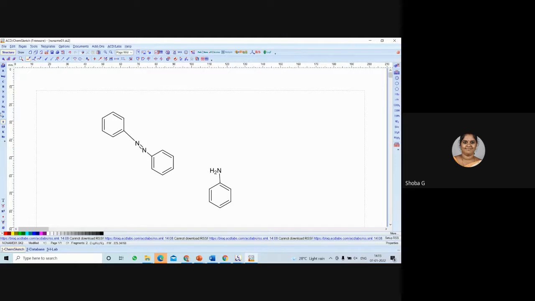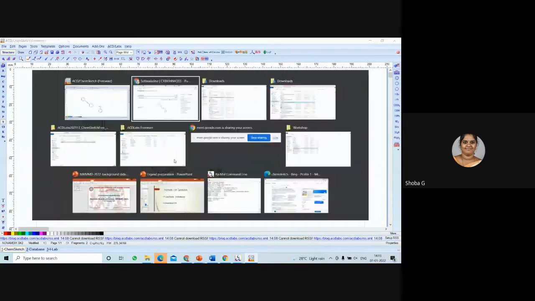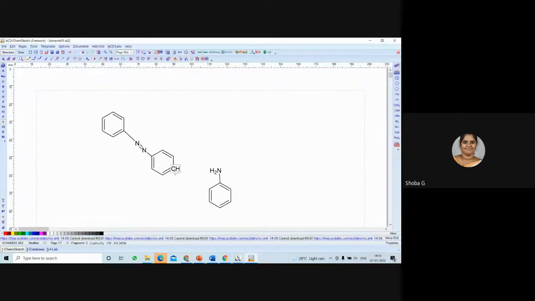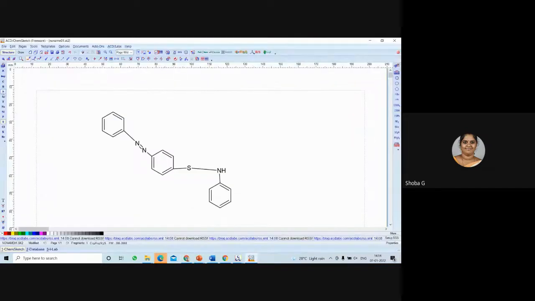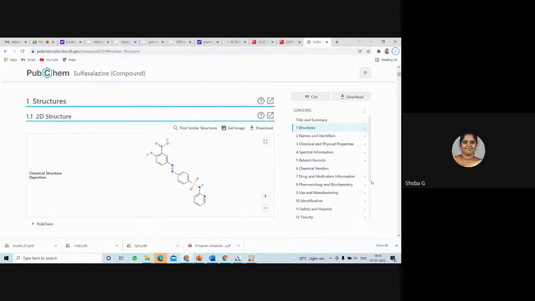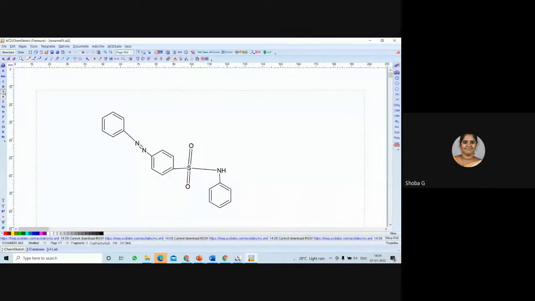On the left side you have different atom names. On the right side you have benzene rings and other side chains available. Based on this you can choose, and from here you have to join here. And for sulfur you need to have 2 double-bonded O atoms. So you have two O atoms over here. I have drawn correctly, I think. Here one NH group was placed, and here one O group,